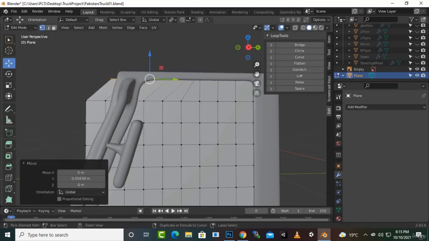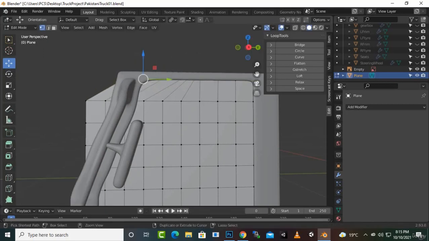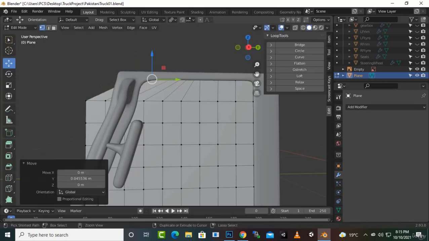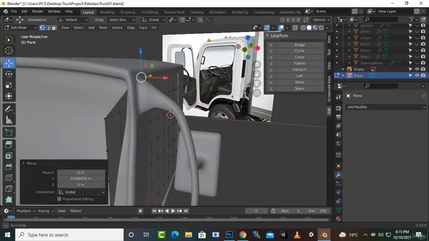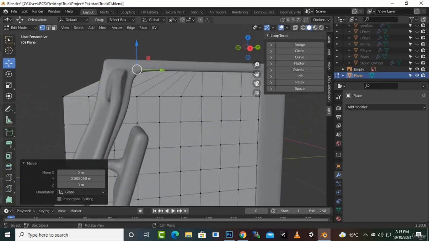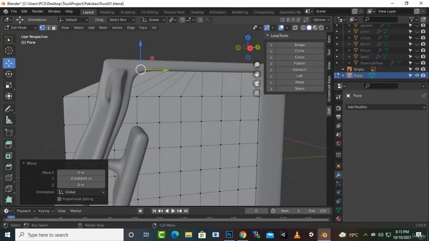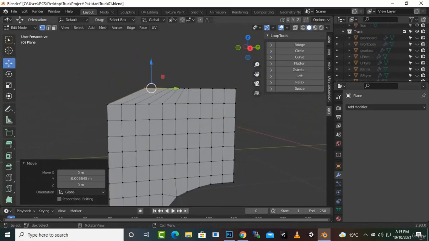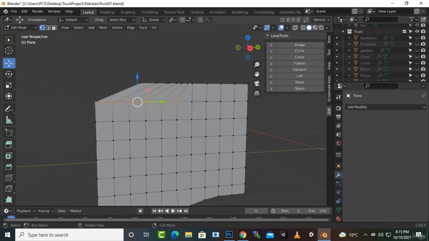like this, and I will move it a little bit more, and then the last vertex, you can see we can move the last vertex here. Okay, so this will be the spot from where we will create this type of loop. So I will hide this front body, and now we will move the vertices. So let's move these vertices as well